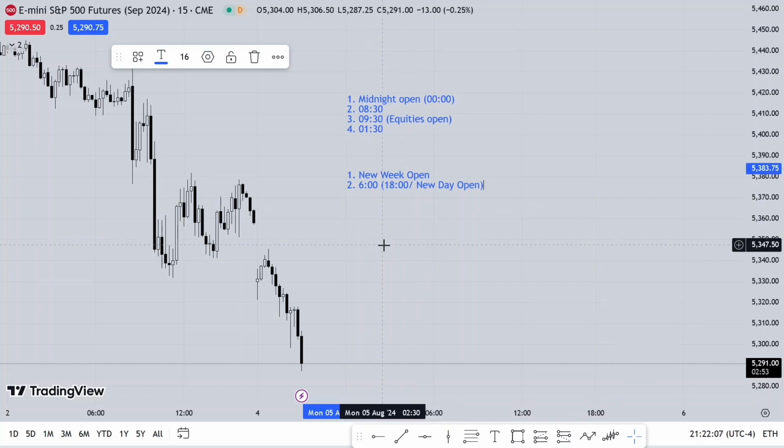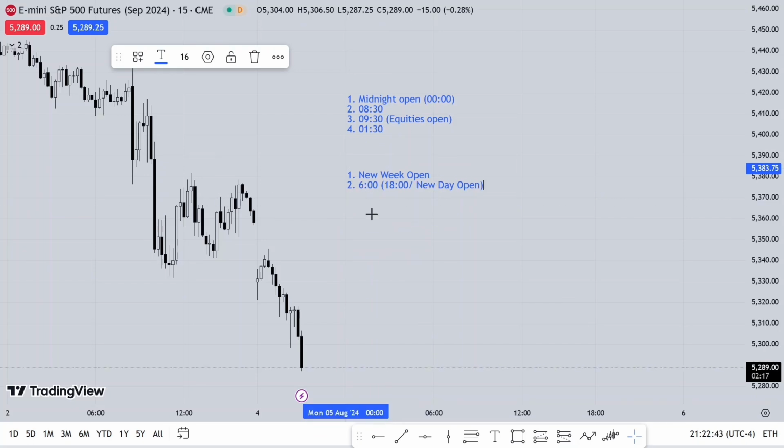vital when reading price action, because this is when price opens up after a clear close of price action. For example, when you're talking about the New York trading window and you say New York trading opens up at, let's say, 8:30 and the morning session closes at 12 p.m., after those closes there is no significant pause in trading,